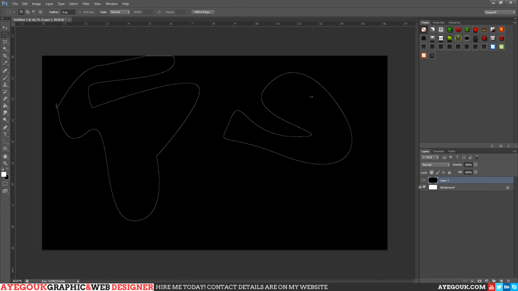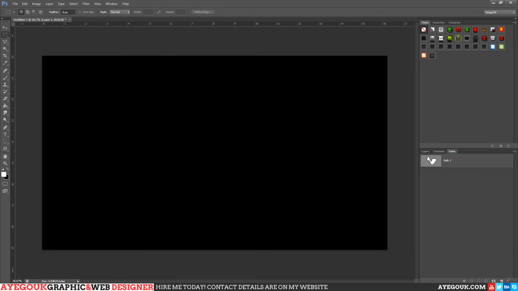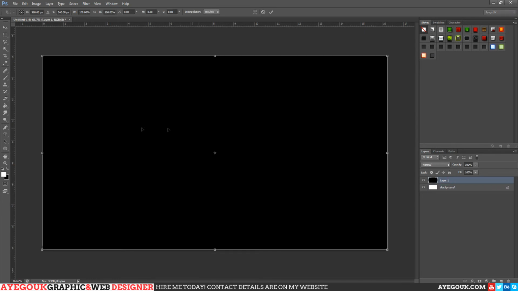Whoops, sorry. I've got the path selected at the moment. Let's just delete these paths. Yes, I've got to delete them individually, my bad. There we go. So while we've got our layer selected, we're going to do Control T, and you'll see it